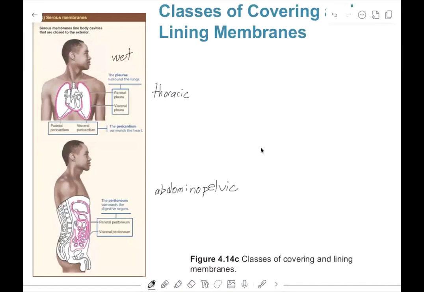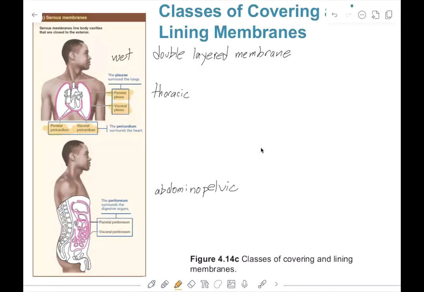So within the thoracic cavity, remember that's where the heart and the lungs are. The serosa is going to be a double layered membrane. And remember that double layered membrane is going to have a little space between it. So surrounding the lungs, we have the visceral pleura, which would be touching the lungs, and then the parietal pleura, which would be superficial to that. Surrounding the heart, we have the visceral pericardium touching the heart, and then the parietal pericardium, which is superficial to